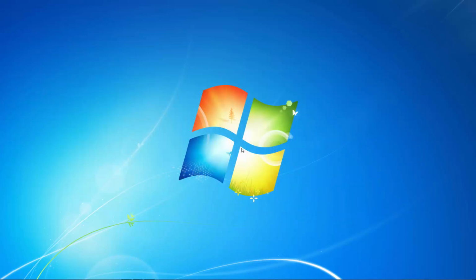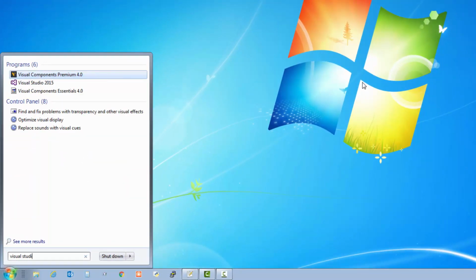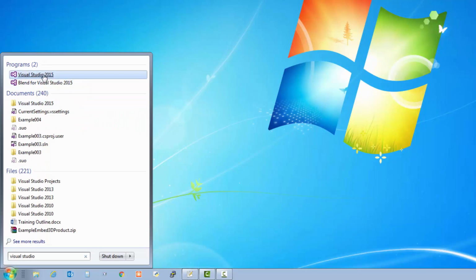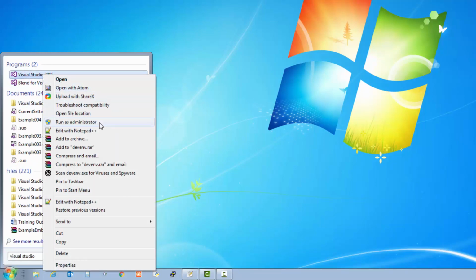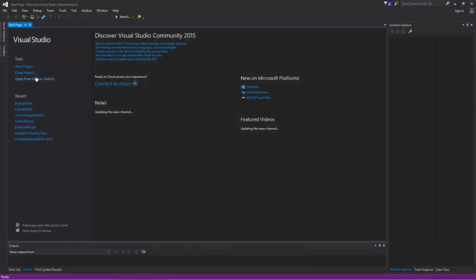To get started, it's the same setup as before. Go ahead and run Visual Studio. So I'll open my Windows toolbar, do a search for Visual Studio, and now let's run it as an administrator. So right click the program and then click Run as Administrator. Let's now create a new project. So on the Start page, I'll click New Project,